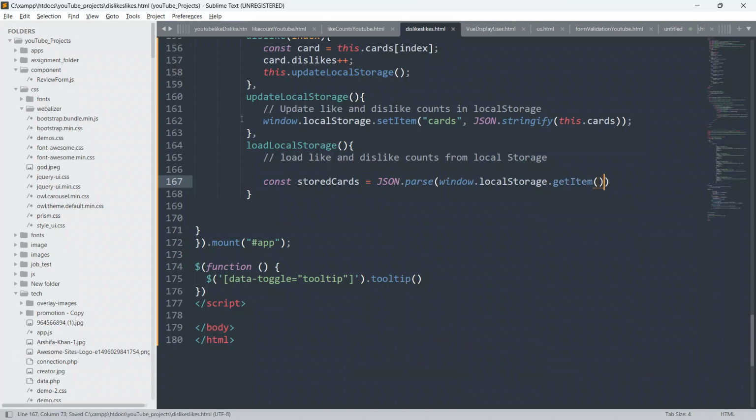We have to get this item, so we pass cards as a parameter. I already explained that whatever value is associated with this key, cards, we will be able to fetch in our code from the local storage. That's why I am doing JSON.parse(window.localStorage.getItem) and passing this key as a parameter. Then only will we be able to fetch it from the local storage.